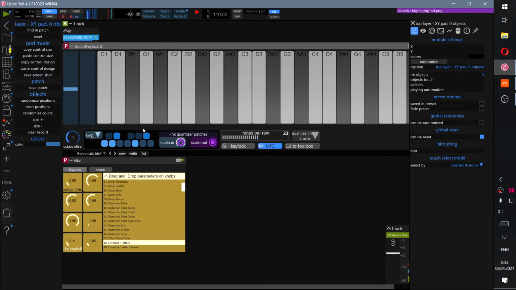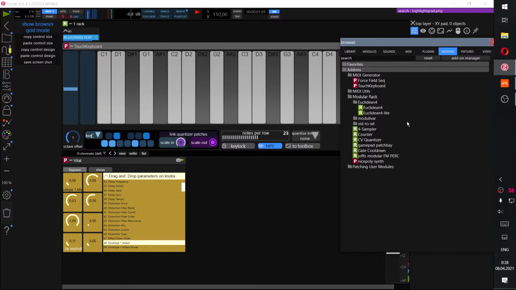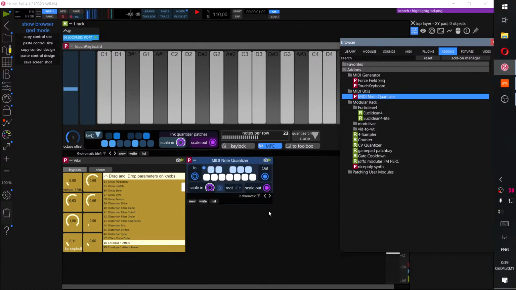So that's another perk of having this ability to just get rid of unused notes if you are adhering to a certain scale. And you may notice that there are scale in and scale out outlets, like input and output here. That's because I've made a few other patches and modules in Usine that also use this interface to create a scale or change it on the fly. So here's this patch,